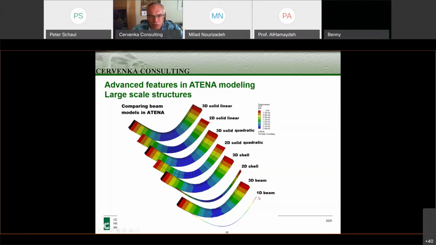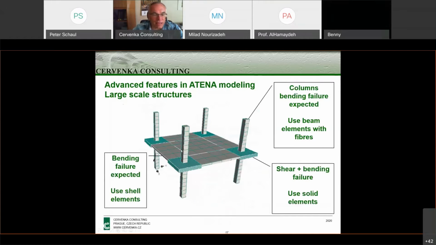So there is, of course, the standard 1D beam element, which is modeled as a linear element, but there is also a 3D variant of this element, whose main advantage is again that it can be easily combined with solid elements. As is shown on the next slide, you can, for instance, use this combination of elements in some kind of frame,